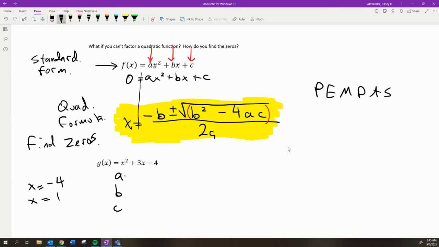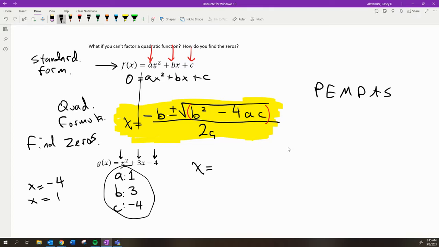So a, b, and c are found in the function. A is next to the x squared. There is no number, but that means that a is 1. B is a positive 3, and c is a negative 4, right? Those are the 3 numbers that we use in the quadratic formula. And